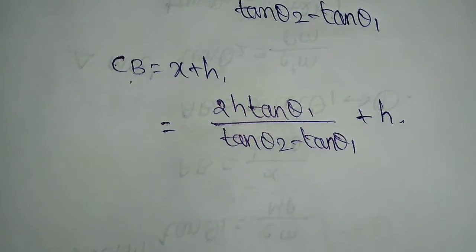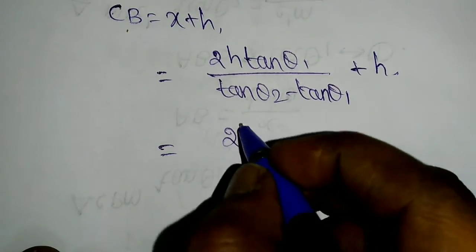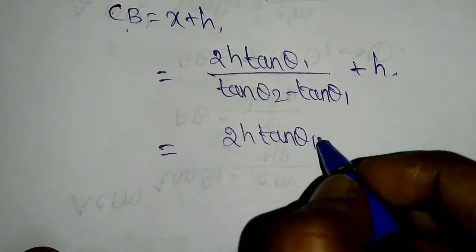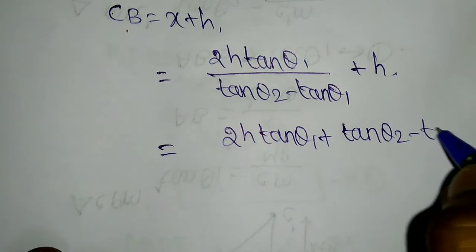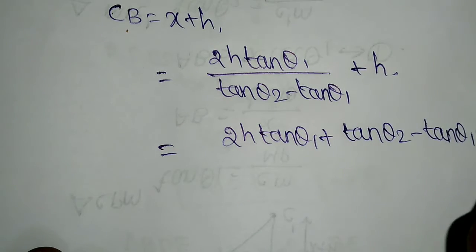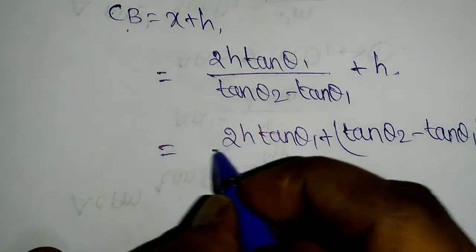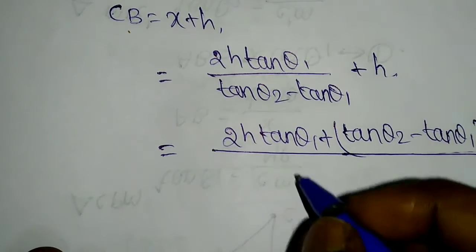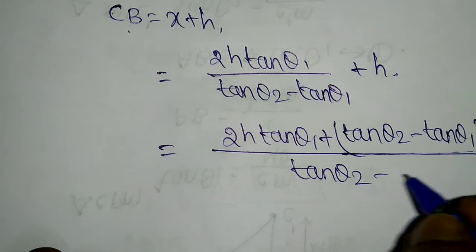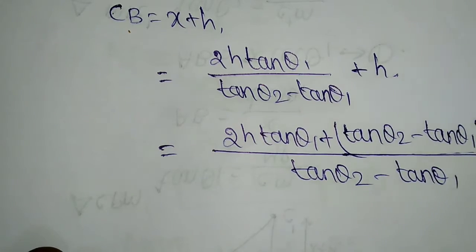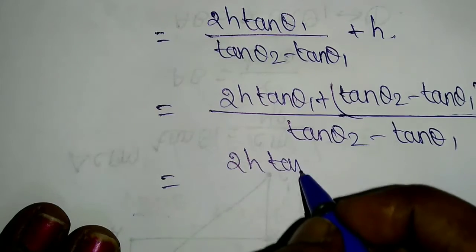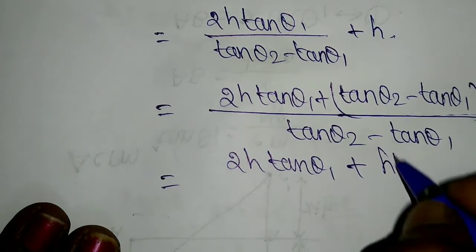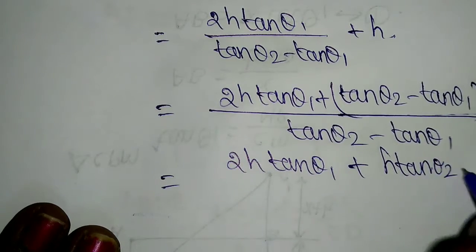Okay, here we have to take an LCM. 2h tan theta 1 plus tan theta 2 minus tan theta 1 into h, divided by tan theta 2 minus tan theta 1. Okay, here 2h tan theta 1 plus h tan theta 2 minus